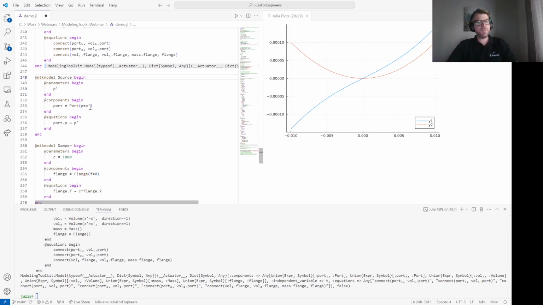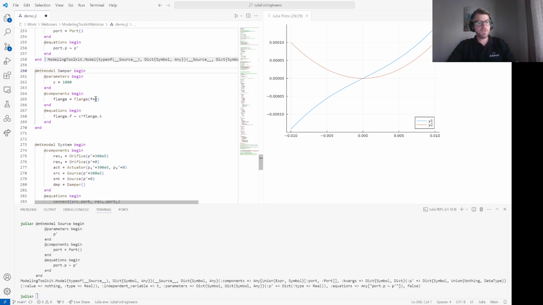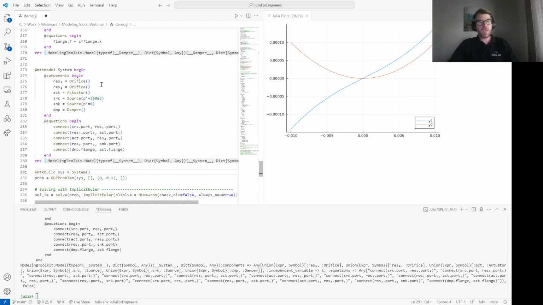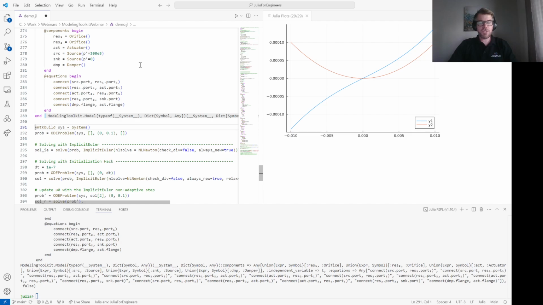And we have just our source left, our damper, and we finally get to our system. So here we only need to provide information about the pressures. You can see we were providing the pressure information at every component before. Now we only need to specify it at the source, at the boundaries of the problem, essentially. And we can see now that when we generate the system,